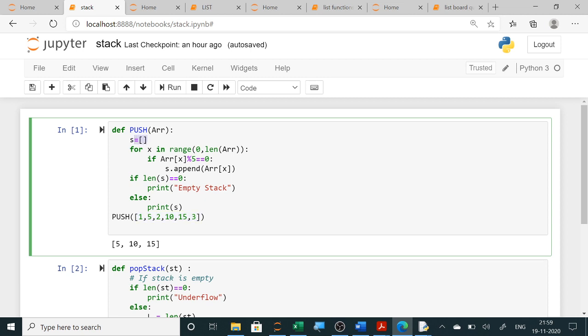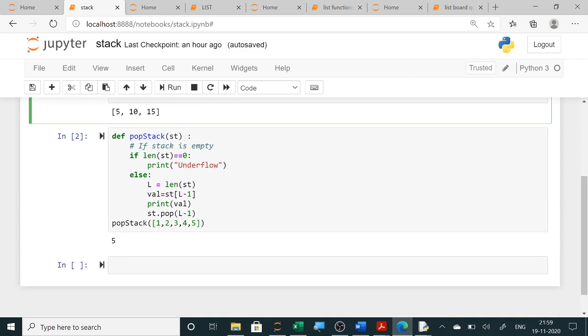In stack it is a LIFO implementation, last in first out. For adding an element, we check the list one by one, take each element, and if it is divisible by 5, we append it to the stack. So this is our output. All the elements which are divisible by 5 will be added at the end.